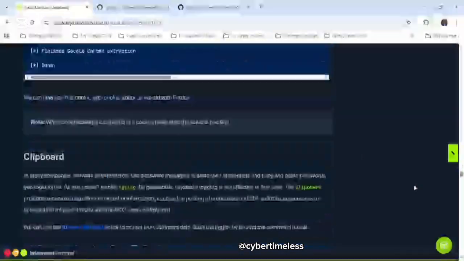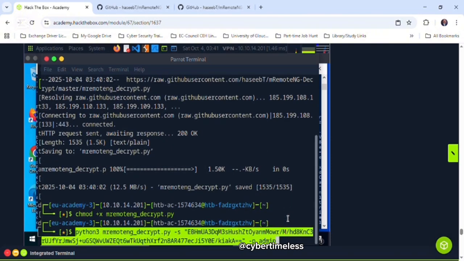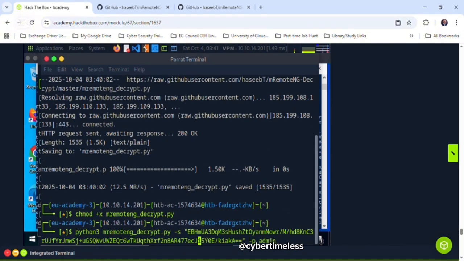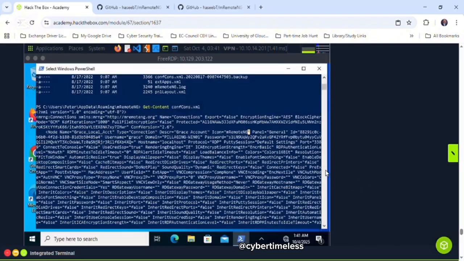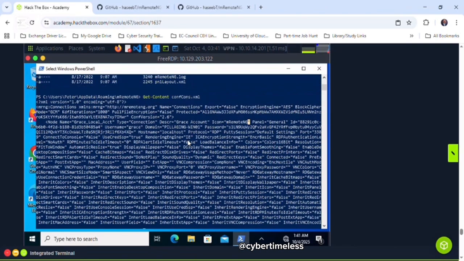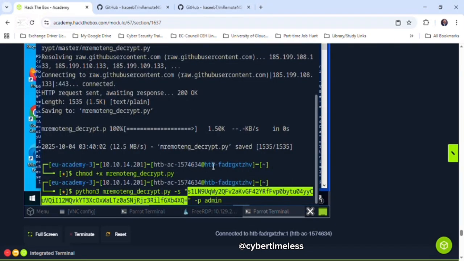But now we're going to click on that, and the hash we just got from the victim machine, we're going to paste the hash on this part where we just got. Then we're going to click enter, and we're going to get it in plain text. If you remember, I just said previously that we can only decrypt it on the victim machine. Yes, we can decrypt it on the victim machine, and when we click enter, you see we didn't get it because we